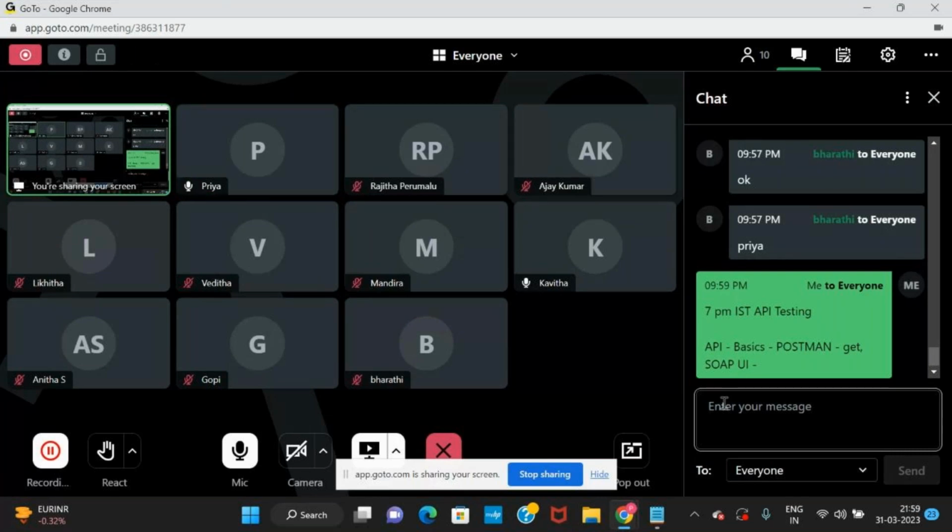Yes, Priya, if you want to create a test case in the MakeMyTrip app, we have so many combinations. We have to select from, to, departure date, return date, and number of adults. All these we have to include in one test case only, right?